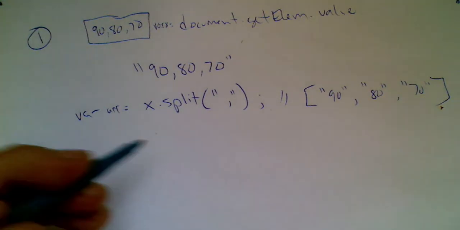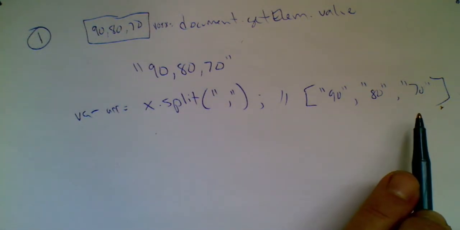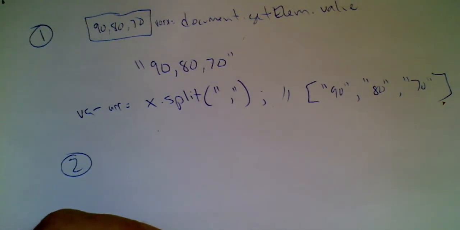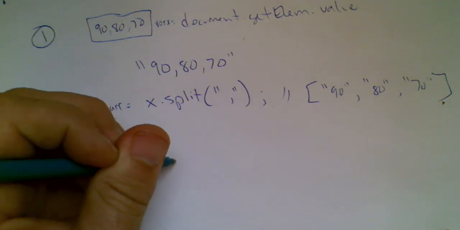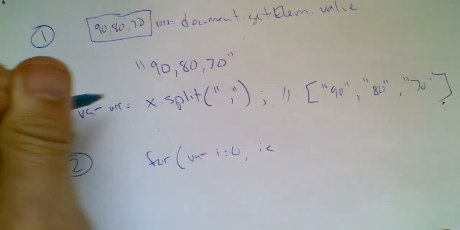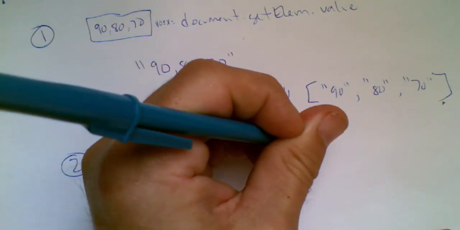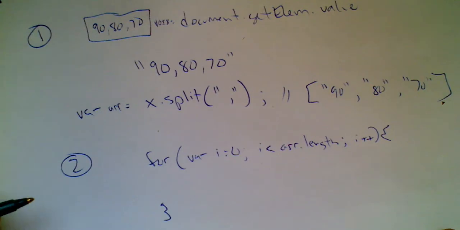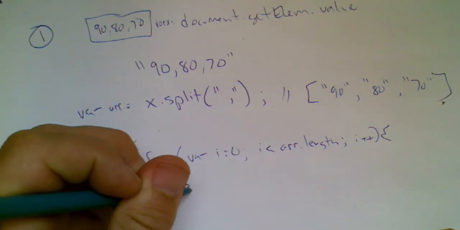We're on our way, but as you see, these are still strings. We can't do math on strings, so we need to convert them into numbers. So step two is to iterate through our array, to loop over it using a for loop, and to change each element in the array from a string into a number. So we'll do that by writing a for loop. Okay, we're looping over array. And what we need to do is, for every element in the array, we need to convert it into a number. So let's say array of i